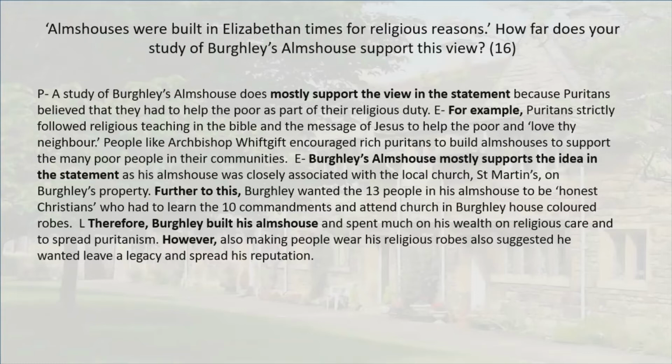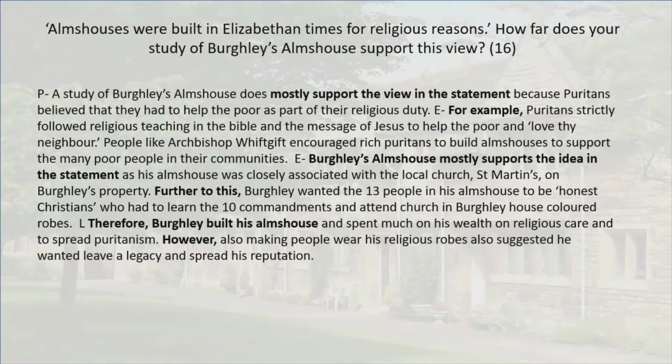Burghley's Almshouse mostly supports the idea in the statement, as his almshouse was closely associated with the local church, St. Martin's, on Burghley's property. Further to this, a nice connective phrase, think about using it, folks. Burghley wanted the 13 people in his almshouse to be honest Christians who had to learn the 10 Commandments and attend church in Burghley's house colours robed. Therefore,